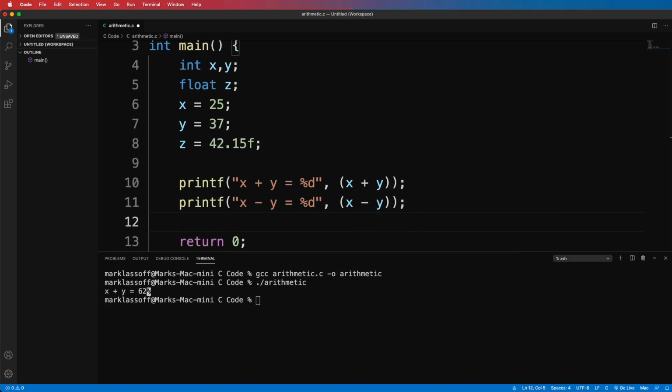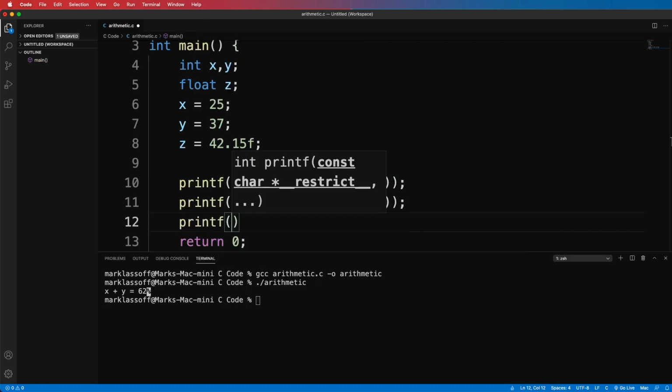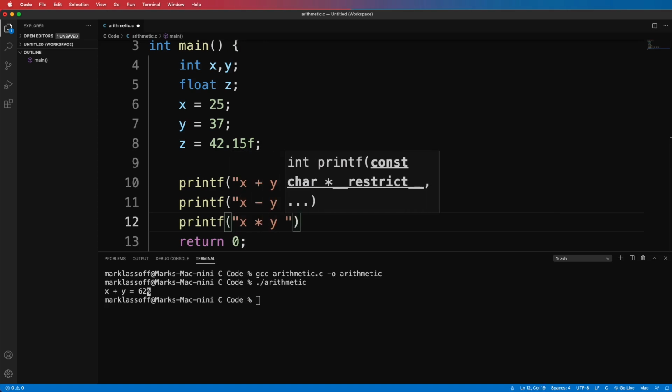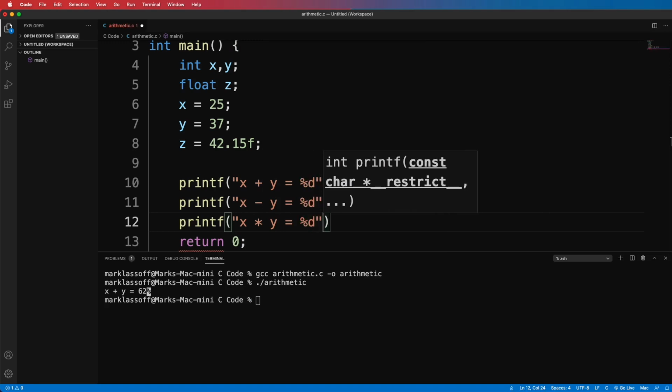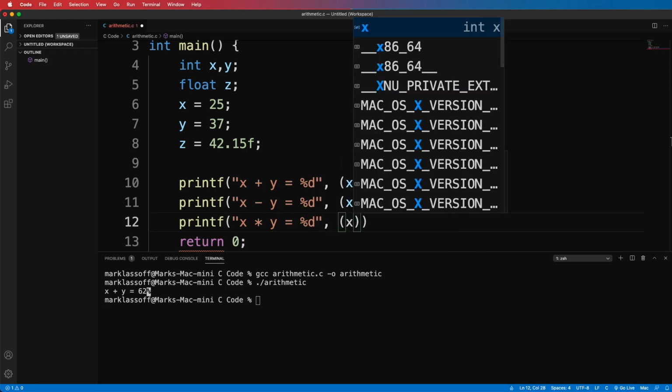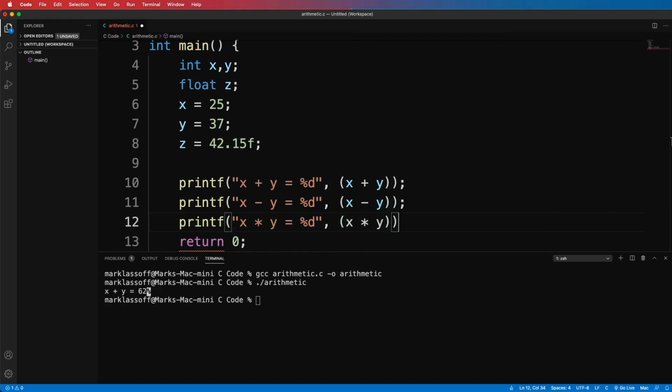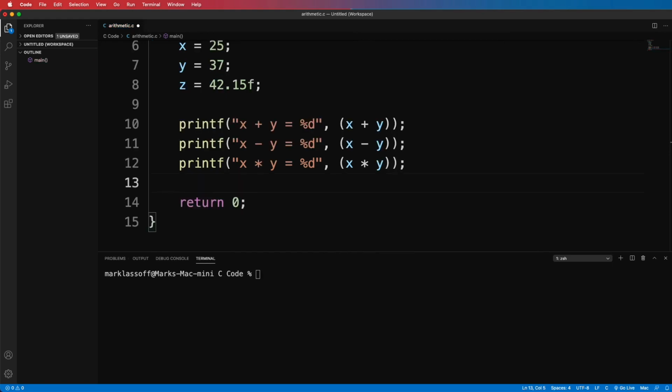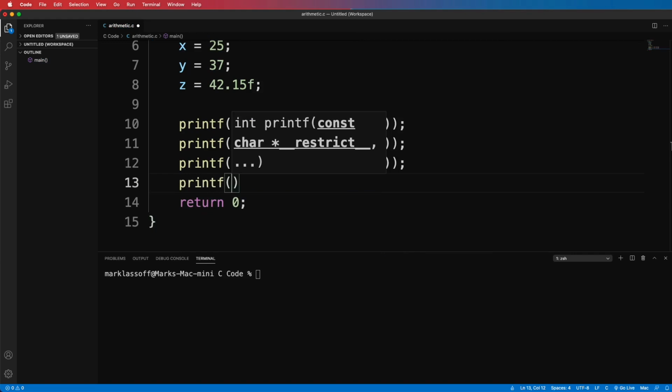Let's do multiplication and division, which I imagine are as you expect. So x times y. And again, that's going to be an integer. And we use the asterisk for multiplication. All right, and division.